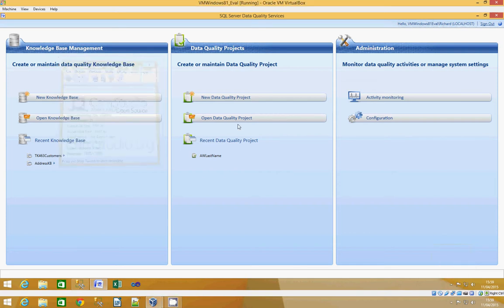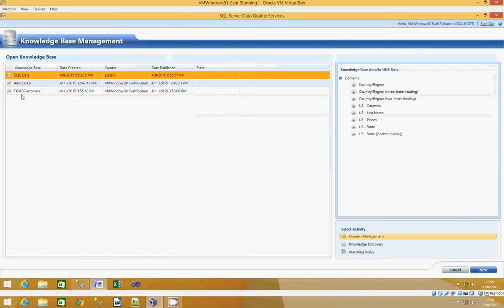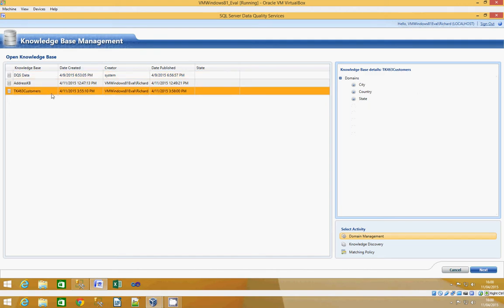Okay, we're going to edit domains in a knowledge base in Data Quality Services. So we've got the Data Quality Services client open here, connected to our server, and we're going to open our knowledge base, which the one we're going to edit is TK463 customers. So we click on that, and we're going to be performing domain management in the activity, which is down there. So we click next,